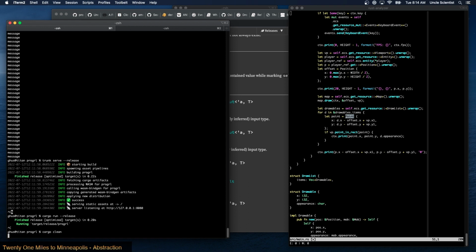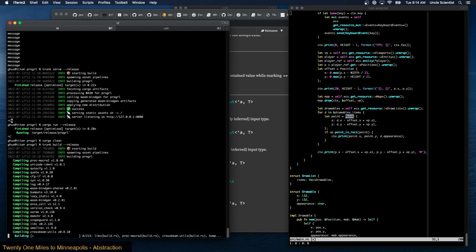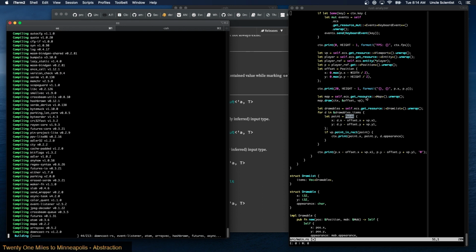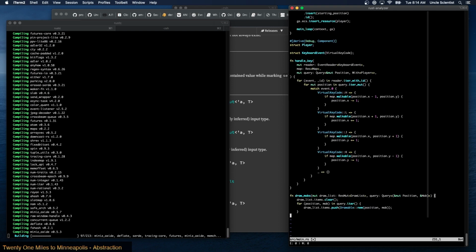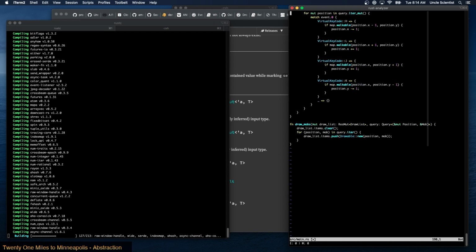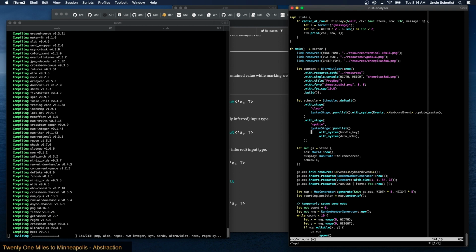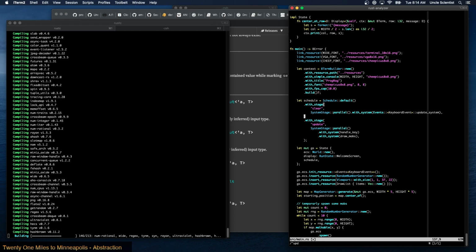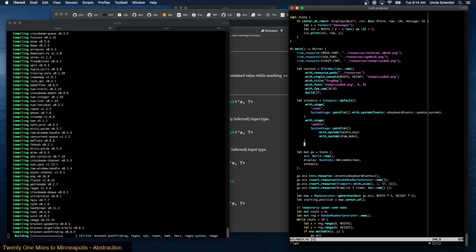Cargo clean. Now it's gonna have to rebuild the whole thing, right? Trunk. All right, we'll let that run. So, I think the next thing would be to create a system to move the mobs. So we have an update system here, right? Clear with stage clear, with stage update. So, and then there should be a with stage